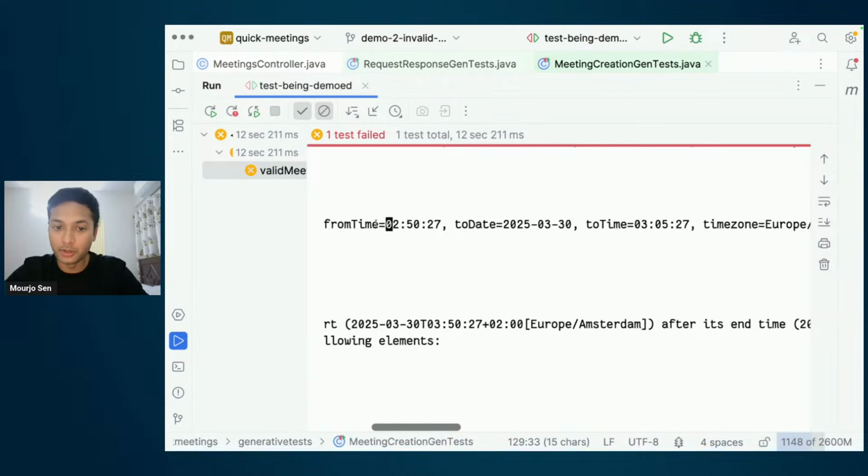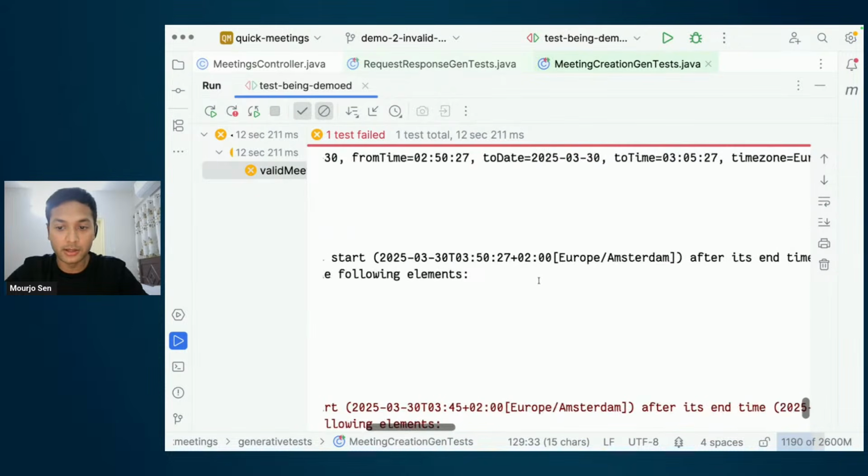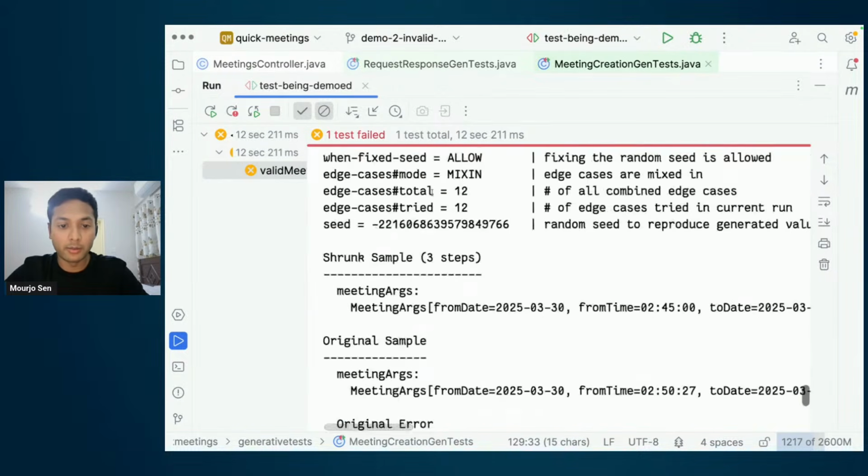But that seems okay to me because 2:50 is before 3:05. But somehow my error says that the meeting cannot start after its end time. But clearly 2:50 is before 3:05. So what is going on here? Let's look at the shrunk example.